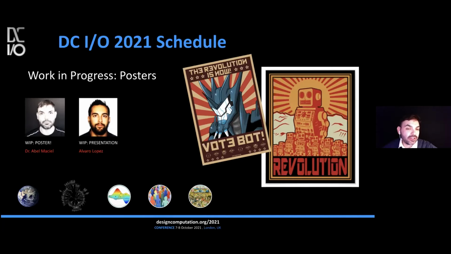This year, also like last year, we have work in progress submissions. And this is an opportunity for designers and scientists to contribute to the conference at an early stage. So they get a preprint or a pre-registration of the idea, if you like, before the paper is fully completed. And when they register the poster, they get a digital object identifier for the publication, for the poster. This gives some evidence that they are the initiators, or the author of that idea, and this is published in the Design Computation Wiki.